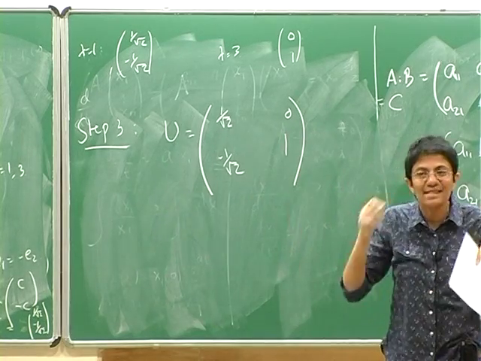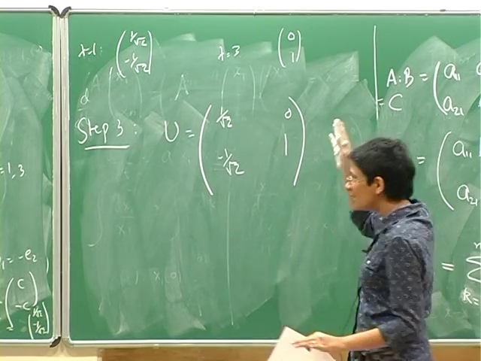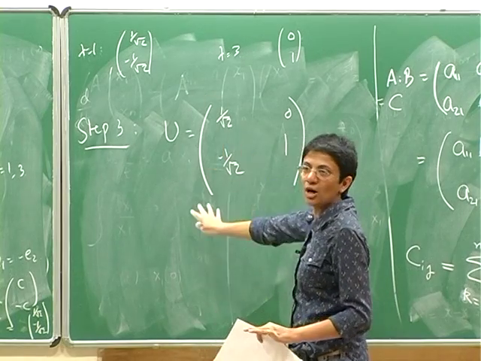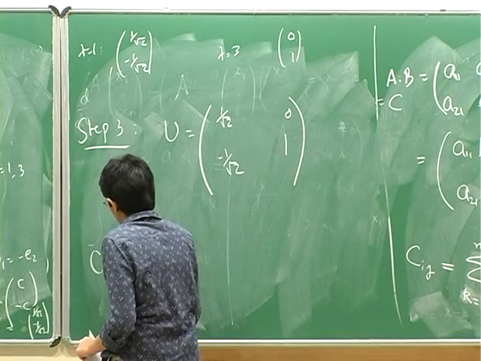Okay, I'm telling you, just mechanically, what steps you should do. Step 3 is this: you write the column vectors as this. Then here is the claim. So I'm claiming